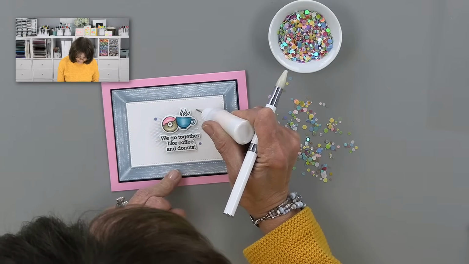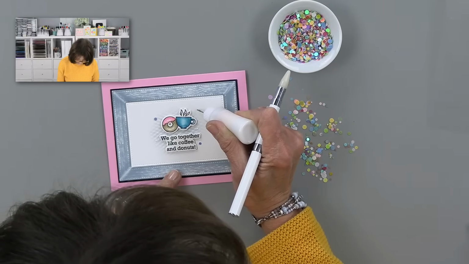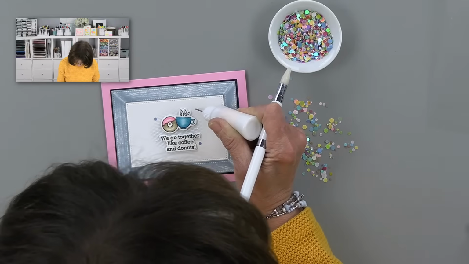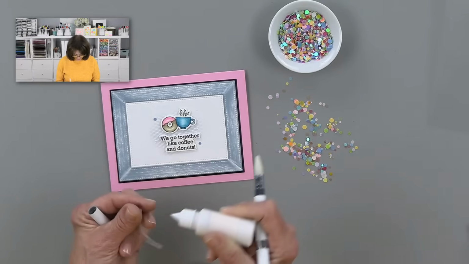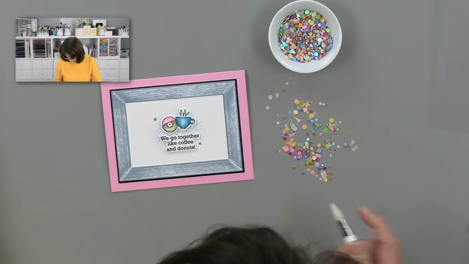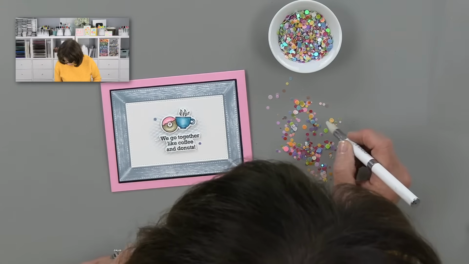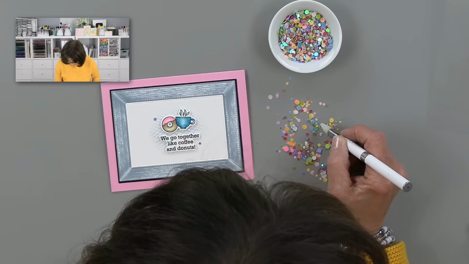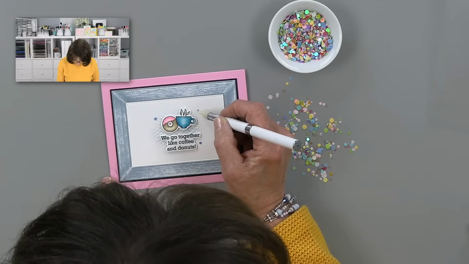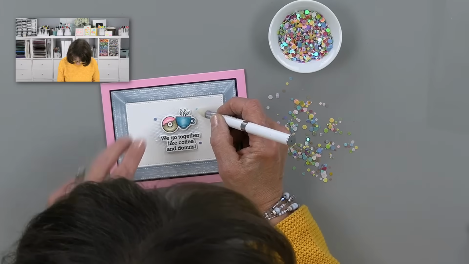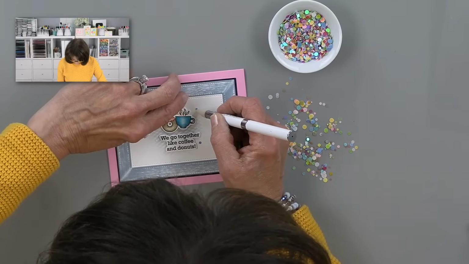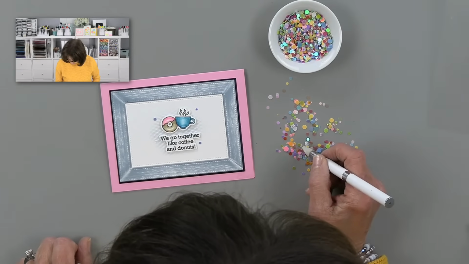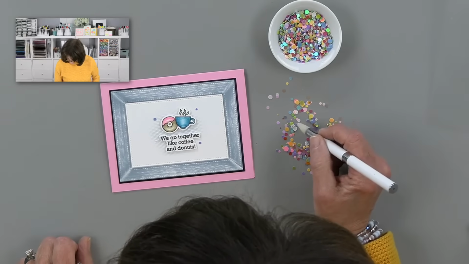The beauty of Connect Matte glue is it's perfect for die cuts. It's really made for die cuts and your embellishments. I feel like our regular Connect glue is probably better for holding cardstock together, but this is really cute for embellishments and for die cuts, because if you get it on the surface anywhere, you're not going to see it at all.